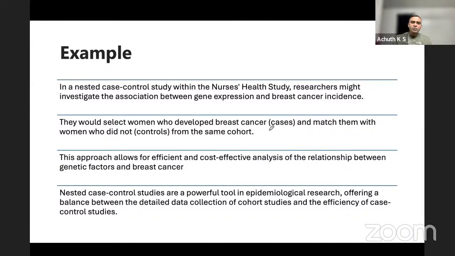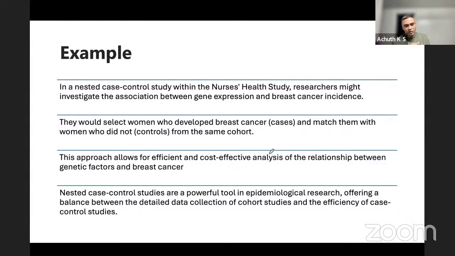They would select women who developed breast cancers. Match them with women who did not get the cancer in the same cohort. What do we achieve in this? You are doing the breast cancer incidence study for something else, but you take the gene of the females who